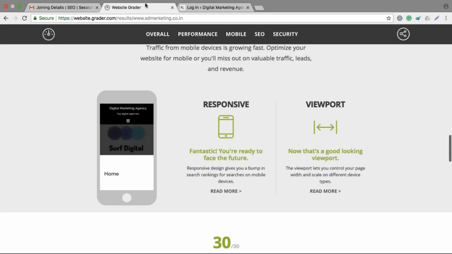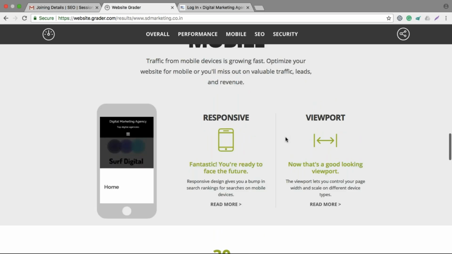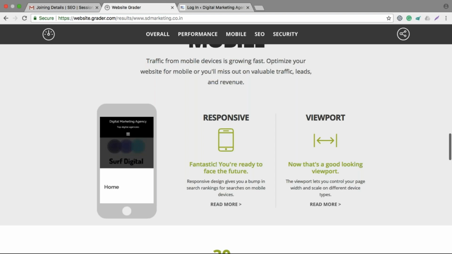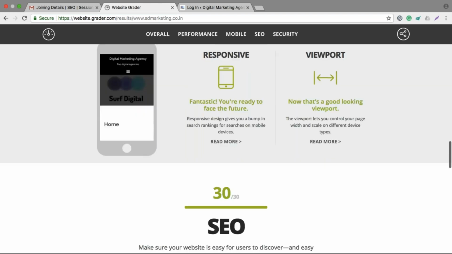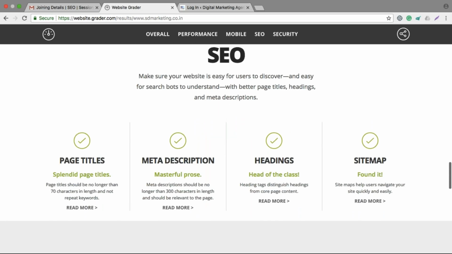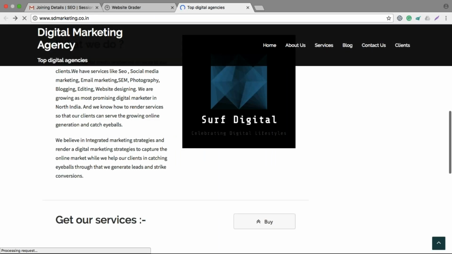Yes, it's WordPress. So with WordPress, more or less all the websites are nowadays mobile responsive, because you get those templates, and those templates are responsive enough. And then when we talk about the SEO part of it, again, don't consider this as accurate information. This only checks whether you have a title, description, or all these tags added on your website or not. But this doesn't give you an insight into whether those title tags and description tags are perfect. For example, that you have to go and check manually.